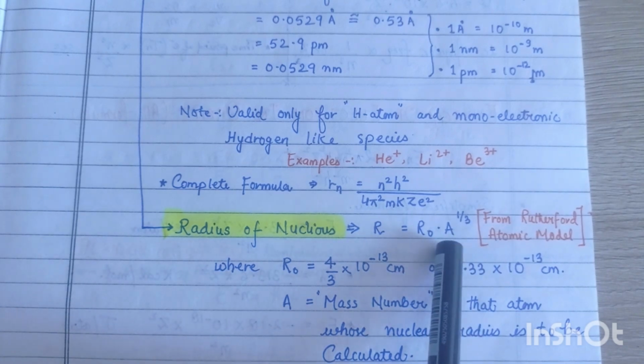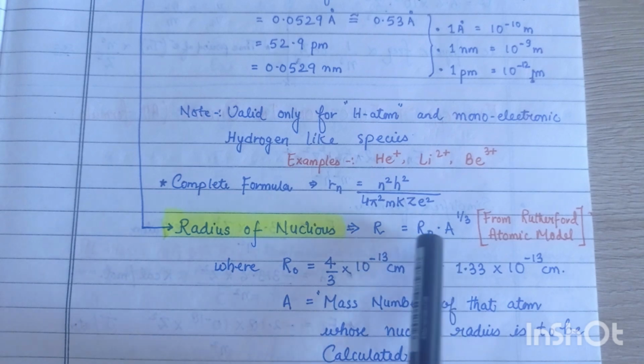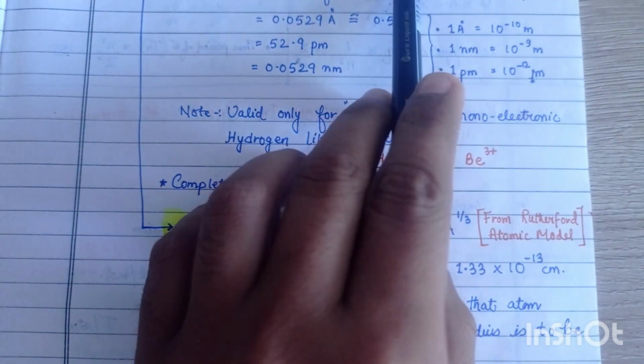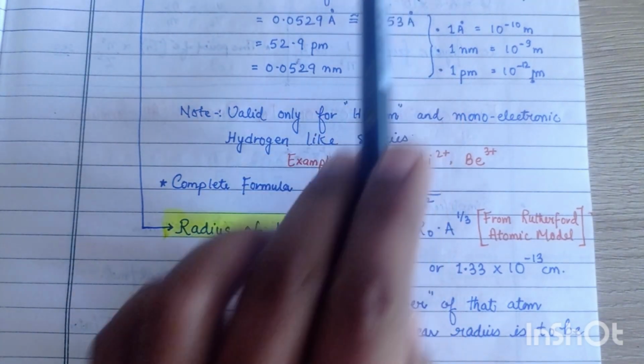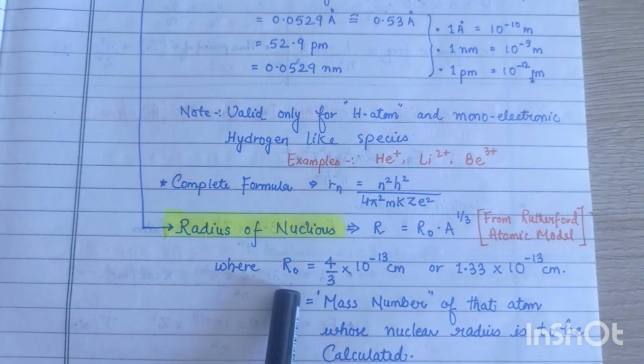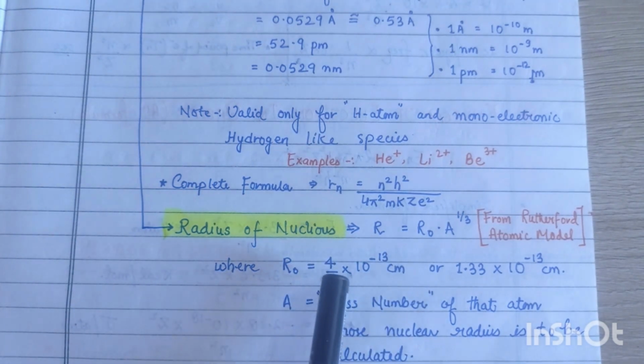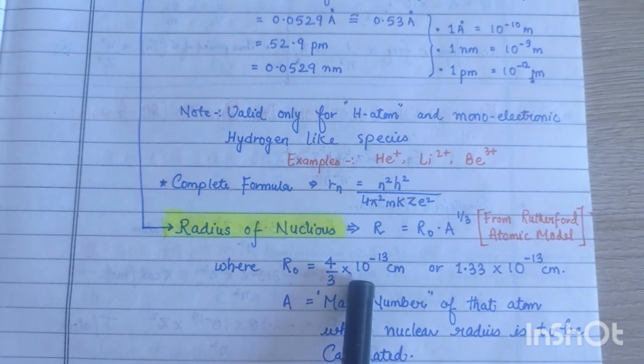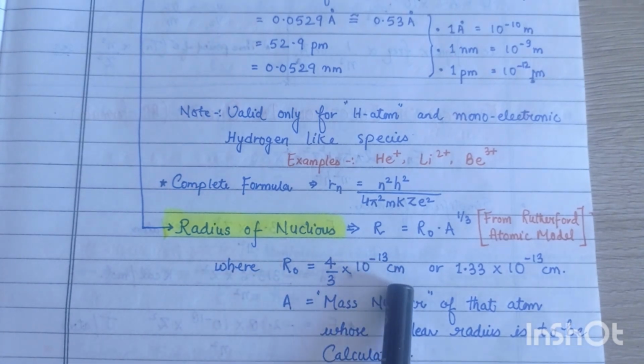A is the mass number of the atom where the nucleus is present. R naught is the radius of the simplest, the first radius, just like we consider a naught. R naught is equal to 4 by 3 into 10 to the power minus 13 centimeter,